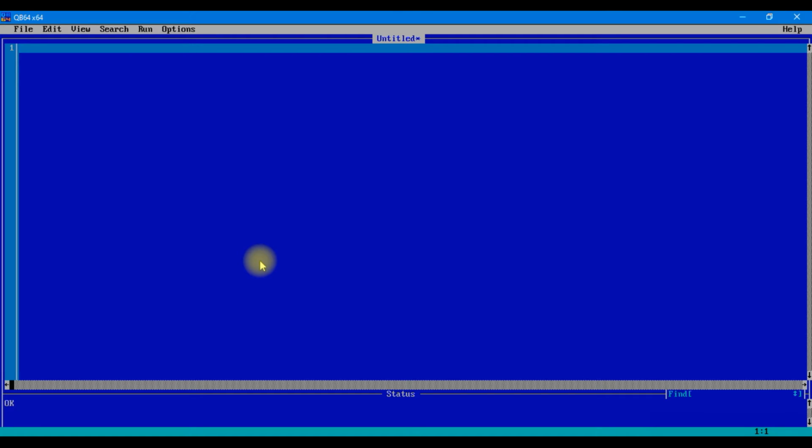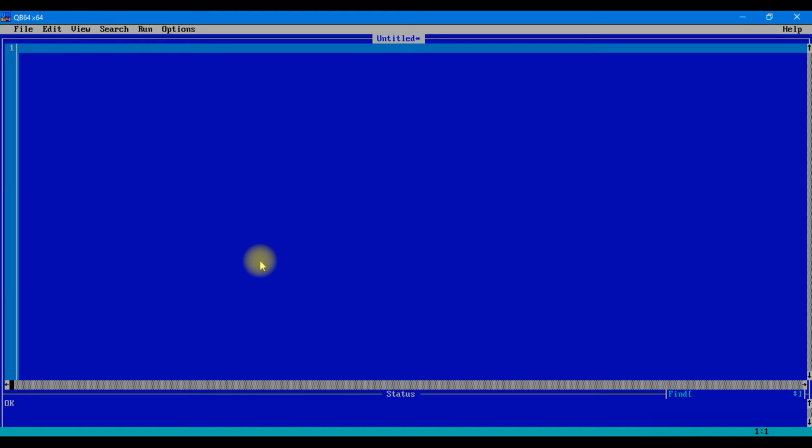Now as you can see in the picture given in your book, for medium resolution the upper left corner is given as 0,0, the upper right corner is given as 319,0, the bottom right corner is given as 319,199, and the bottom left corner is given as 0,199. These are just the values of those pixels, and the center is given at 160,100. Similarly, the high resolution values are also given over there.